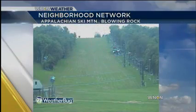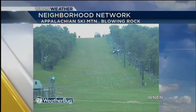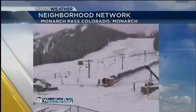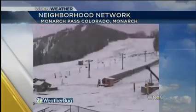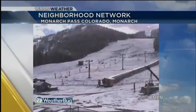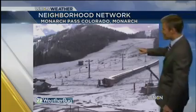Or when we do get snow up in the mountains, this is the Appalachian Ski Mountain in Blowing Rock. And I showed you this one yesterday. It's not just in North Carolina, but all over the country that we have access to this network of cameras and weather sensors. So when the weather starts to get interesting this winter, you can count on us having a lot of great shots. I don't know if I'm ready for this, but this was in Monarch Pass up in the mountains of Colorado. September snow seems